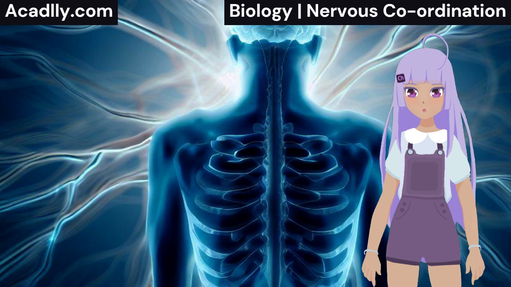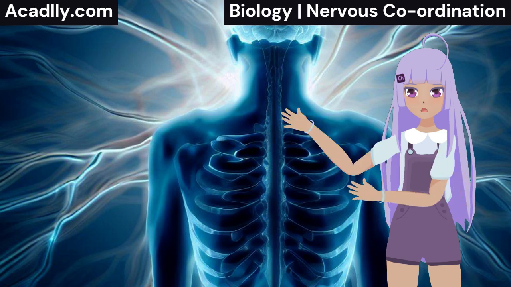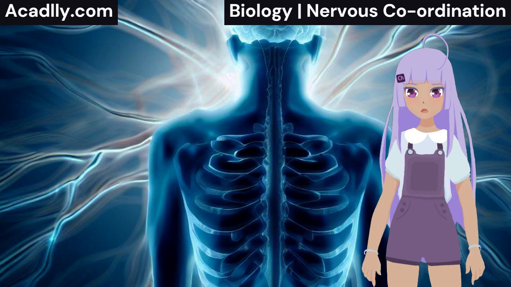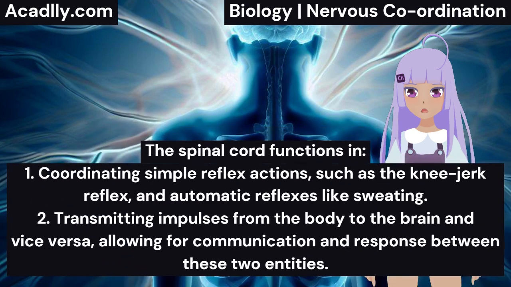The gray matter consists of the cell bodies of neurons in the spinal cord, while the white matter comprises the nerve fibers of these neurons. Some of these fibers run along the spinal cord to connect with the brain, while others form spinal nerves. The spinal cord functions in: 1. Coordinating simple reflex actions, such as the knee-jerk reflex, and automatic reflexes like sweating. 2. Transmitting impulses from the body to the brain and vice versa, allowing for communication and response between these two